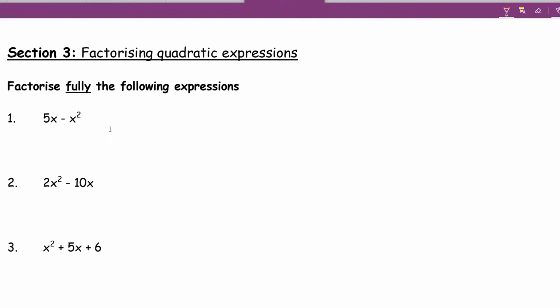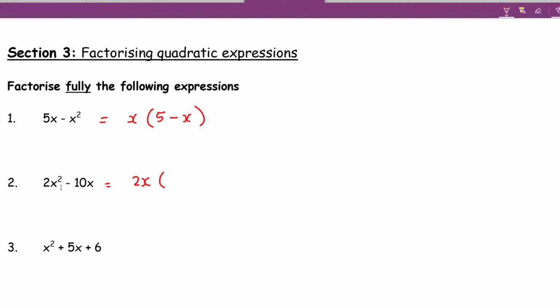Okay, the common factor here is the x, so we take the x outside. It's only x that's common, so x is gone from here, so that leaves me with 5 minus x on this side, and that's it there. Now in here, not only have you got x in both as common, you also got the factor 2, so I'm going to take 2x out,